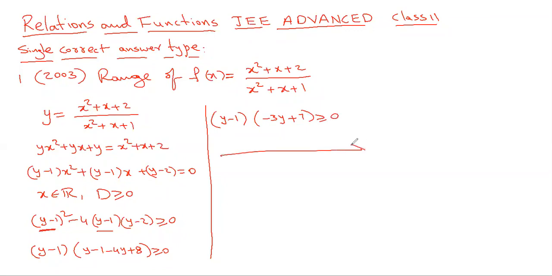So you know the Wavy Curve method, the regular one, with the roots, the zeros of this polynomial. One zero is 1, the other zero is 7 by 3. So 1 is the lesser number and 7 by 3 is the greater number. As the y square coefficient is negative, you start with minus, plus, minus, and as you are expecting the product to be positive, the y belongs to the closed interval 1 to 7 by 3, and we have an option like that. Yeah, for a reason, this is there in Advanced.